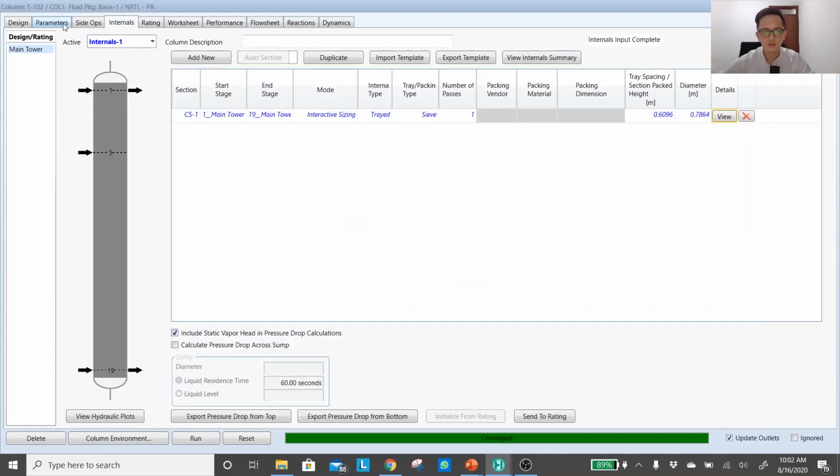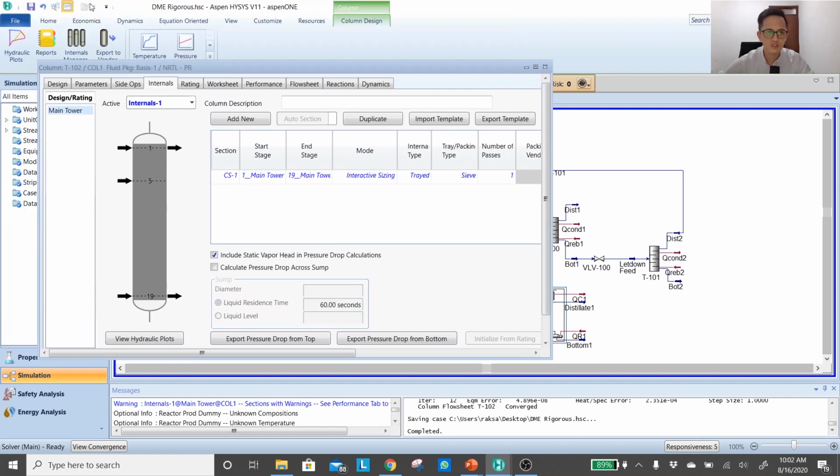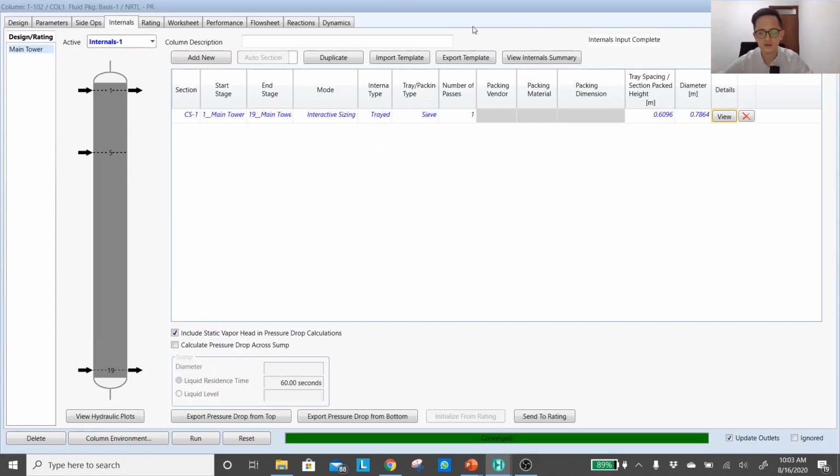You may notice that there will be some variation in terms of the number, probably if you use V10. Okay, I'm using the V11 HYSYS. If you use a V10, maybe the results will be slightly different, the message will be slightly different. That's not really a problem. Okay, if you have a problem and you can't fix it, the message still keeps appearing.